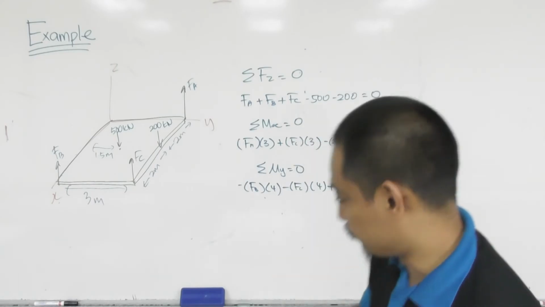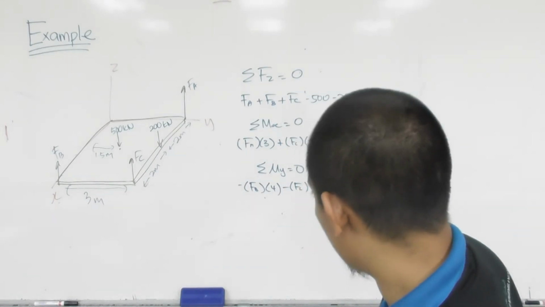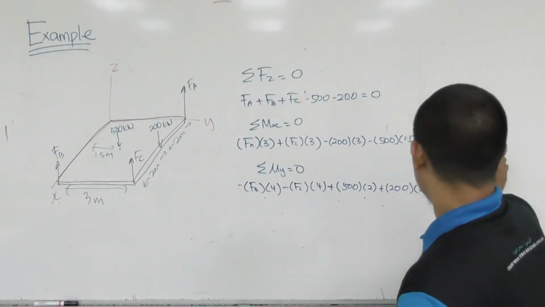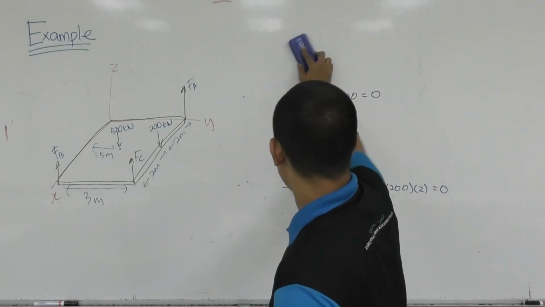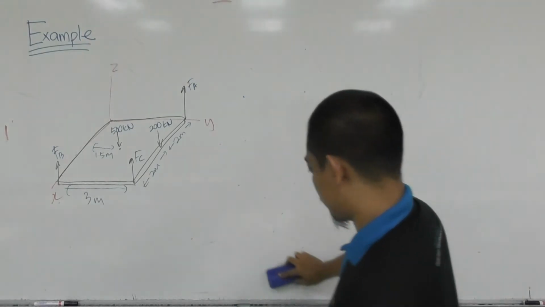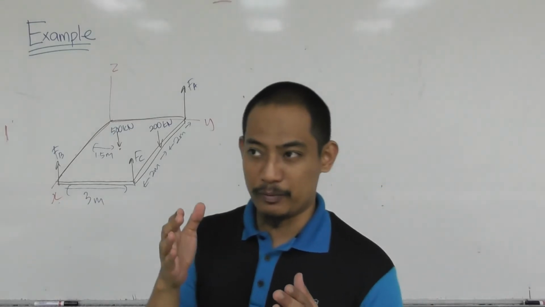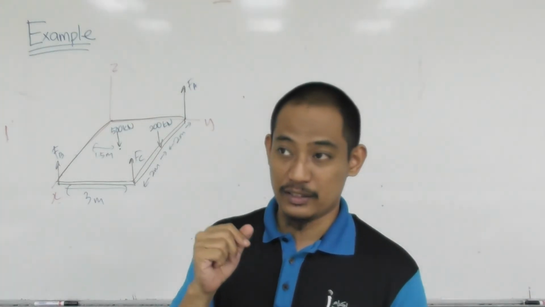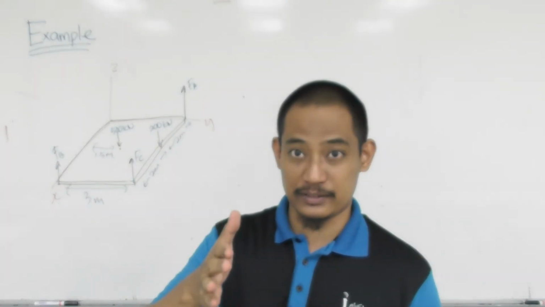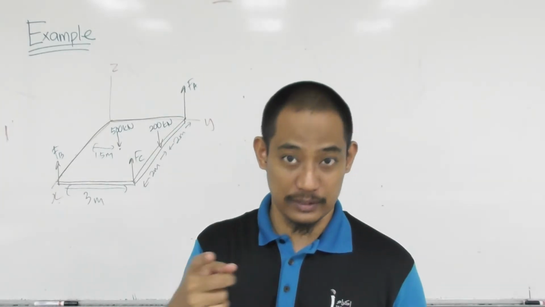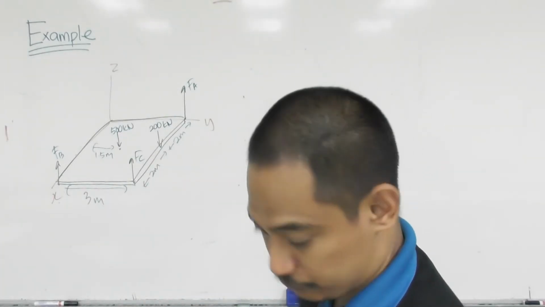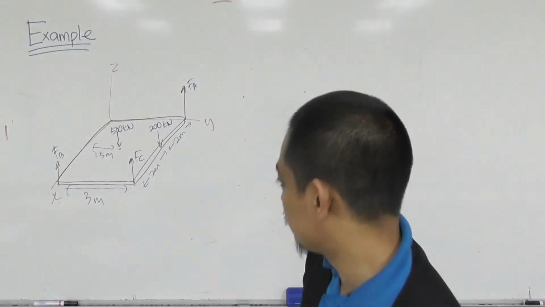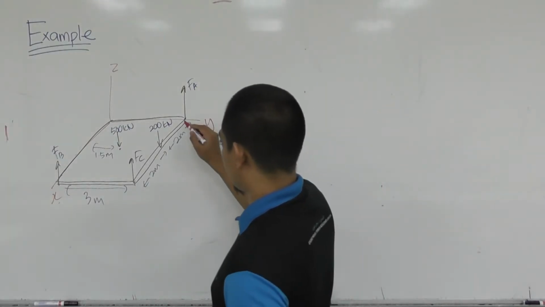So I'll normally choose a different way. As we mentioned earlier, when we talk about moment about the x-axis, y-axis, and z-axis, you can actually create an axis parallel to the x-axis and use that one. So for example, if I create this